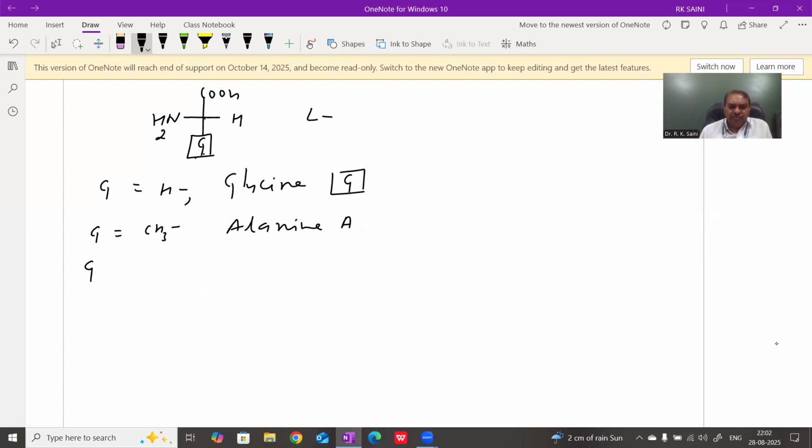When this G is isopropyl, then it is known as valine. Single letter code is V. Then when this G is CH2 and one phenyl group,